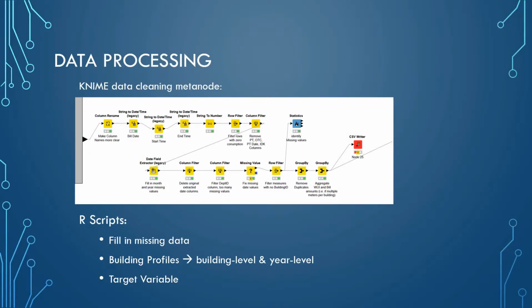I started out cleaning my data in KNIME, but quickly realized I needed a little bit more flexibility in order to manipulate the attributes the way I needed to for clustering, so I ended up doing the majority of my data processing in R. The basic KNIME cleaning I did do included converting the billing date attribute to a date-time variable, pulling out the year and month from the date-time variable to create new columns,